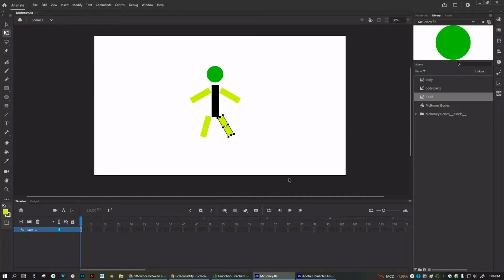All right, so now you've gotten a little bit of practice on how to create objects using just simple shapes or drawings and how to convert them into symbols that can then be animated later. So I want you to open up the file if you haven't already. It's called McBoney, so you'll find that. And once you go over here